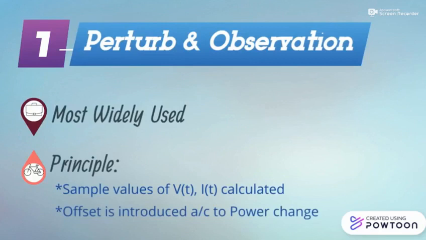Starting with P&O. P&O is the most commonly used maximum power point tracking method due to its easy implementation. Initially, the PV voltage and current values are used to obtain power. The change in power is produced due to a small offset in PV voltage. If the power change is positive, the operating point is moved towards the maximum power point, and it behaves oppositely for a negative power change. Now let's understand this by discussing its types.